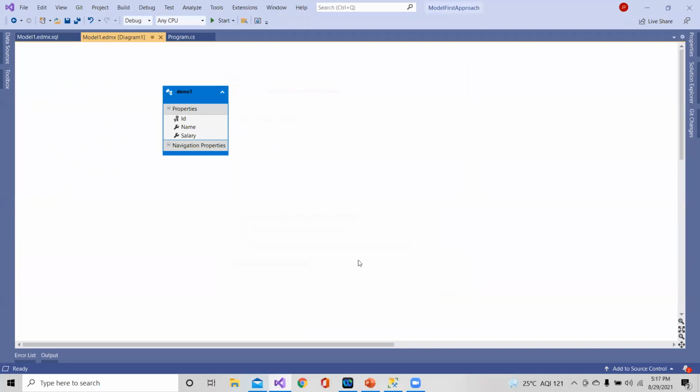So this is your model first approach. Hope it has given you a good idea regarding how to create an application, connect with the entity framework, generate the database, and you can go and check it in the SQL Server.